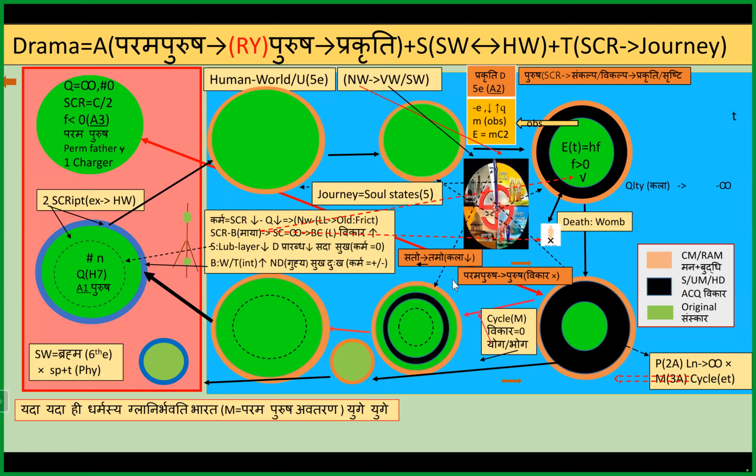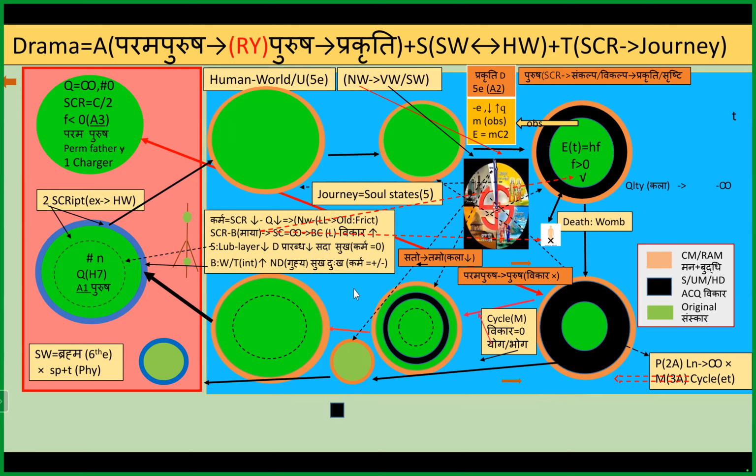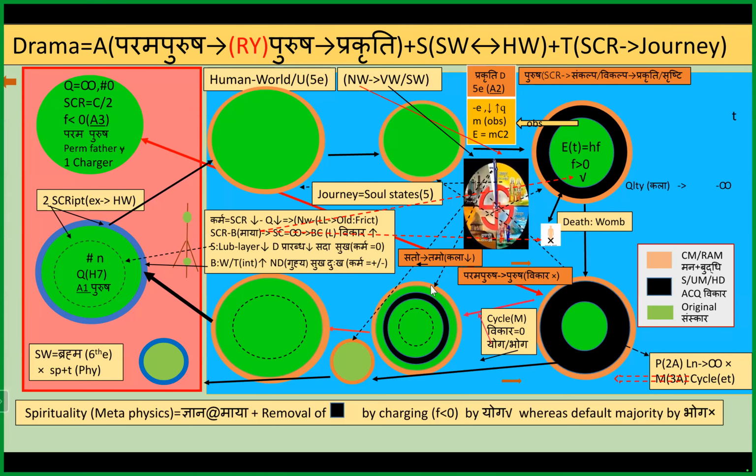And then these are the two ways. In Sangam Yuga, there are two ways. Either we do it through yoga. By yoga, these vikars are getting reduced, and then this dotted line, this script, is getting generated. Or we can do it through bhog. Through bhog only, this vikar is getting reduced, because to complete the cycle, vikar has to become zero, either through yoga or through bhog. And that is what spirituality is.